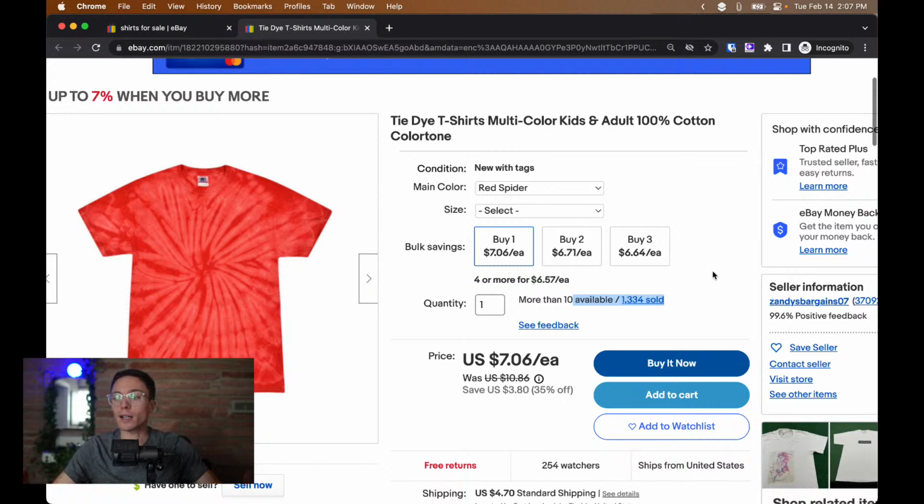Not only does that encourage people to buy, kind of help them with their purchasing decision, but it's also going to trigger the algorithm. As eBay sees that this item is selling more and more, they're going to promote it more and more, rather rank it higher in the search results. So it all plays together to help you make more sales. So it's a really, really great thing to do, variations. And like I said, when you plug it into AutoDS, it will automatically do all the variations for you.